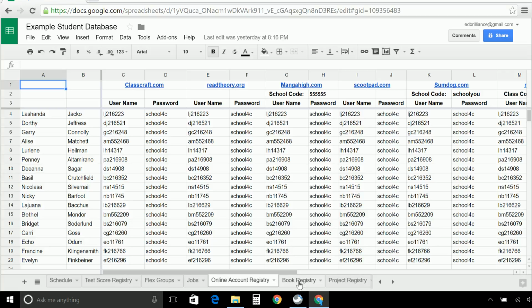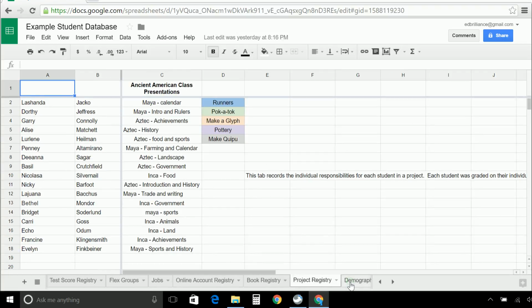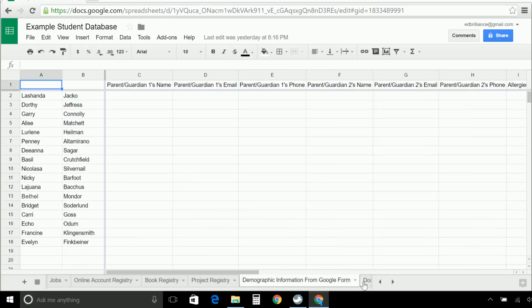into the lab quickly. I have a book registry tab and a project registry tab. If you want more information, you can read the notes in the link that I give you later. I have a tab for demographic information from Google Form. I use Google Forms to collect contact and demographic information from my parents. In Google Forms, you can send that information to a new form or send it to a form that you've already created. I had this form send the information into this student database, and it will update as parents send